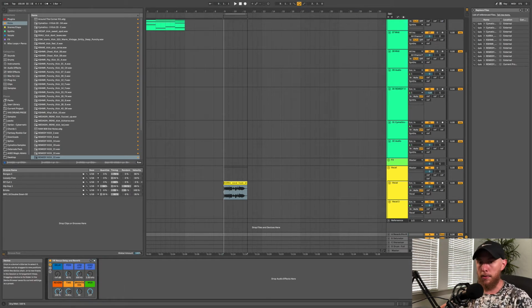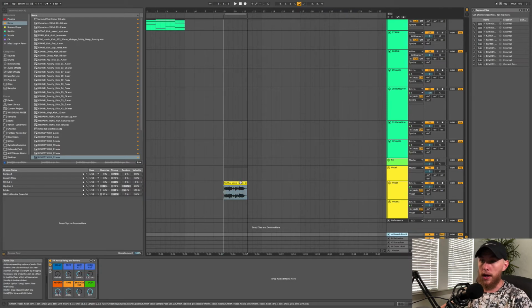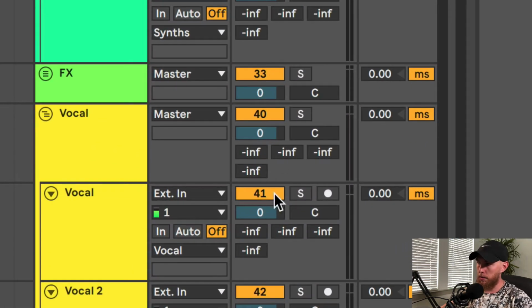So using our reverb on a send, if we go down here, you can notice that my effect is all the way up. When I'm using send effects or return effects, I want the dry wet to be at 100% every time for all effects. And the reason for that is because we're going to be running them in parallel with each other, meaning they're both going to be playing at the same exact time. This one, the dry signal, and this one, the wet signal. So we're not losing any of that power. So if we bring this up,